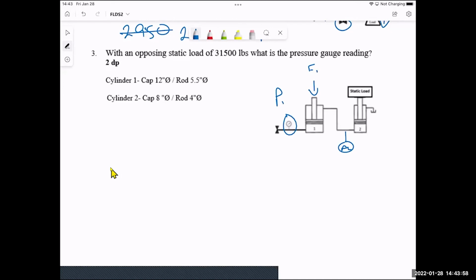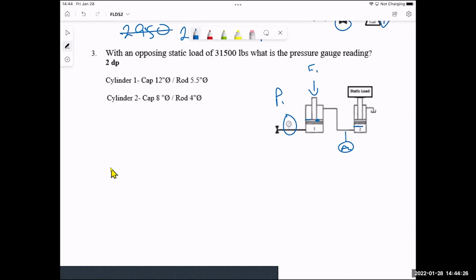We could do that individually. Last week, I showed you a method where I used the area ratio. So after I'd found this P2, I calculated the area ratio and then just used that directly to calculate the force. The other thing is I could just add all my 3 equations together. So if I think about that at the very end,